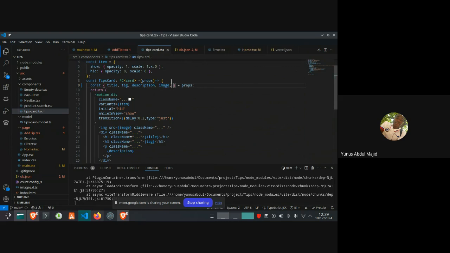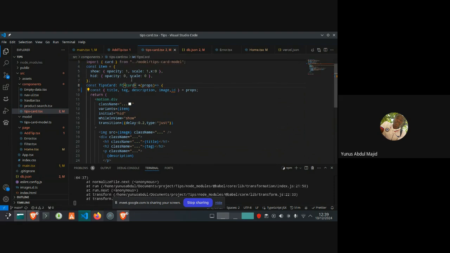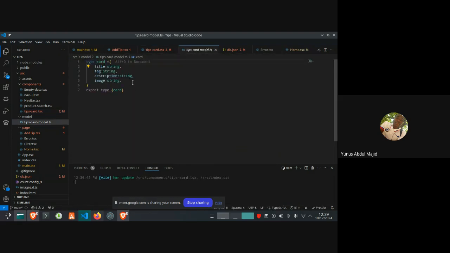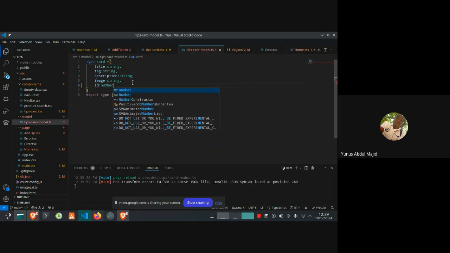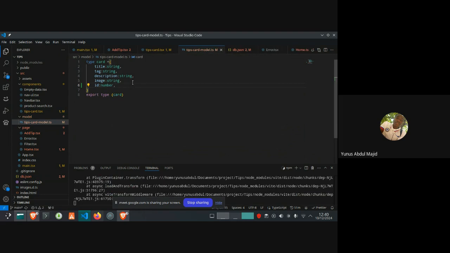So now it's supposed to have an ID. ID does not exist on type card. It is a TypeScript thing, like I said. ID of number.